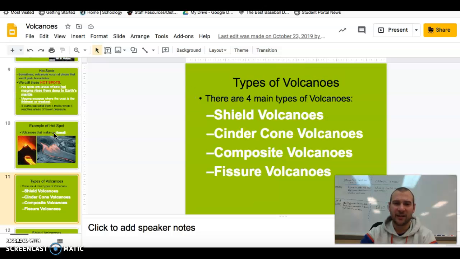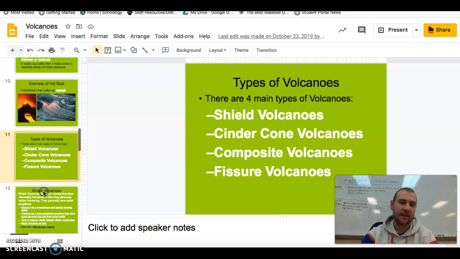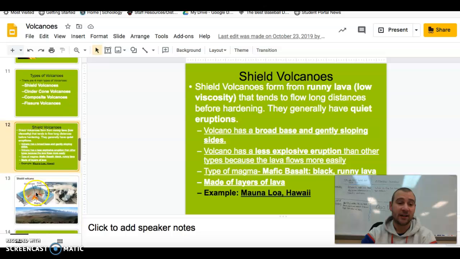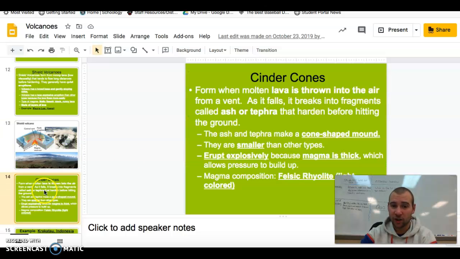The other big thing is just know the 4 types of volcano: shield, cinder cone, composite, fissure. And then you'll see each one of these slides goes a little bit more in depth. So make sure you jot down all these different details. For example, type of magma. I use these to help you answer the question correctly in the quiz. So I give a lot of detail on the quiz questions. So make sure you jot down all the detail as well for all of these,